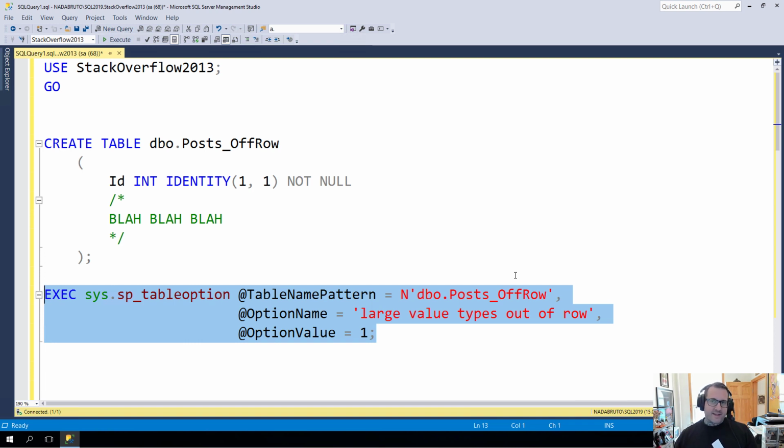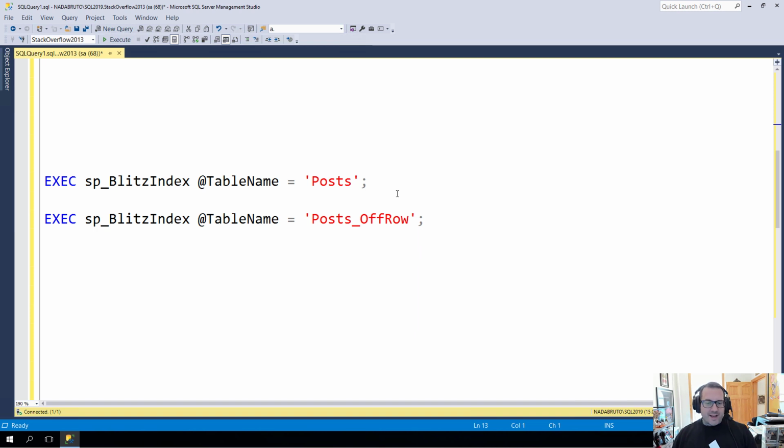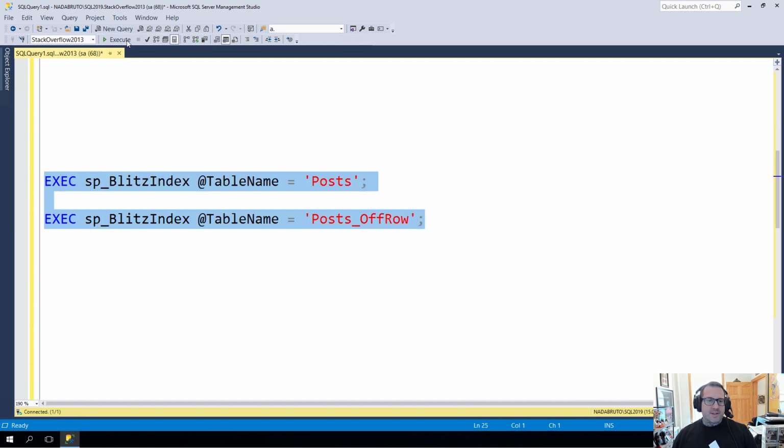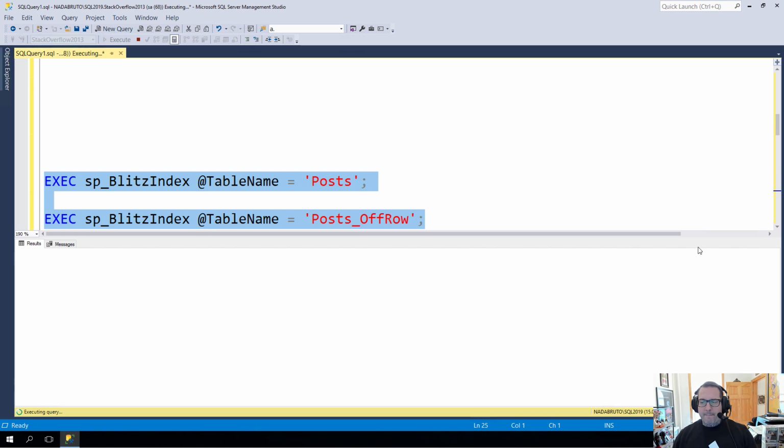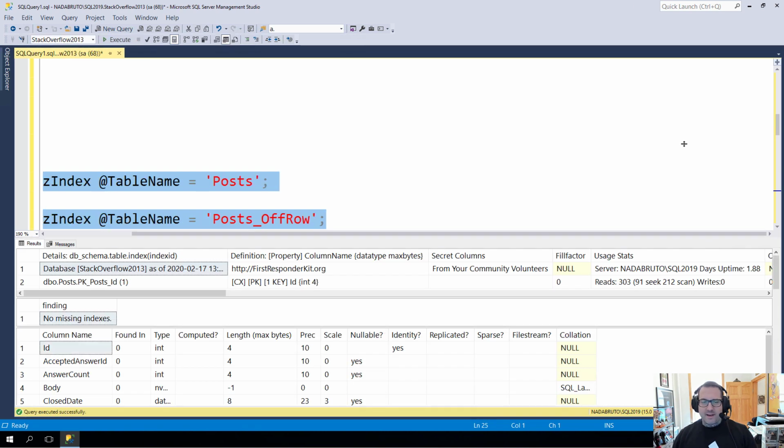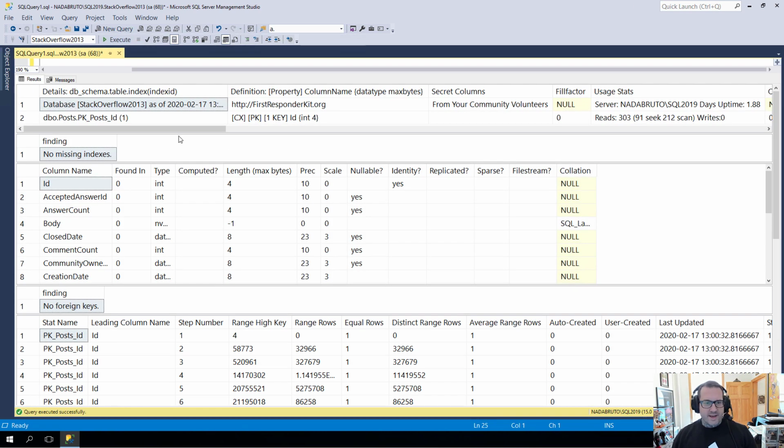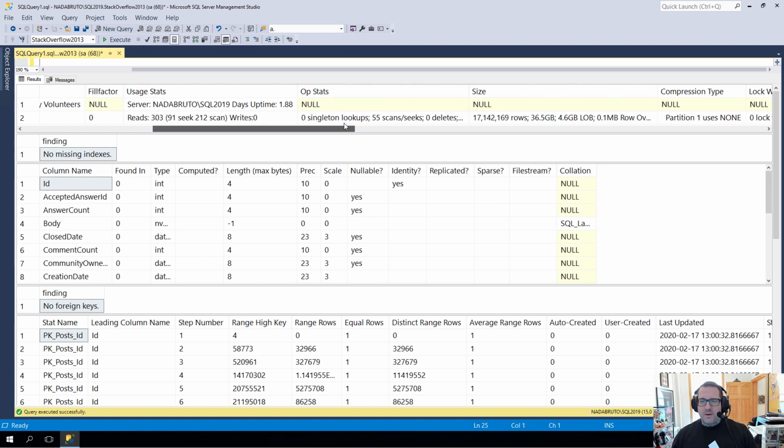They both have the exact same number of rows in them. There's no weird tomfoolery, magic, witchcraft, black arts or whatever they call them. None of that's going on. They're equally sized tables, and we can validate that by running sp_BlitzIndex and looking at size and other stuff. So this top line is the regular post table, and if we scroll a little bit over to the right,